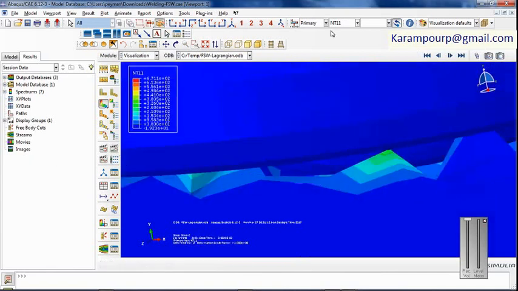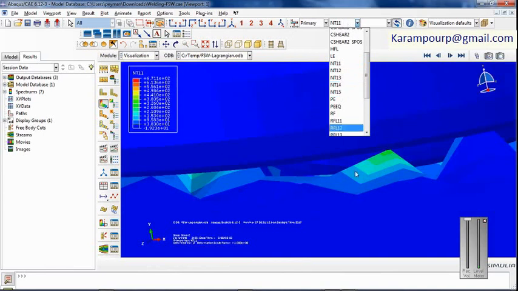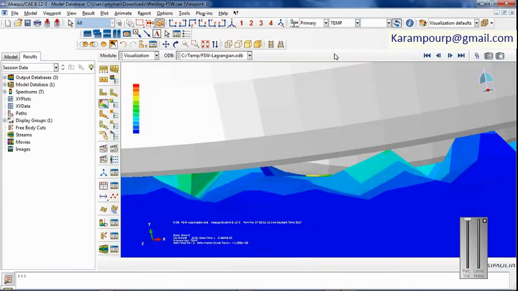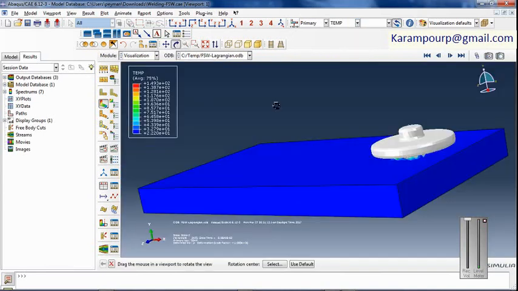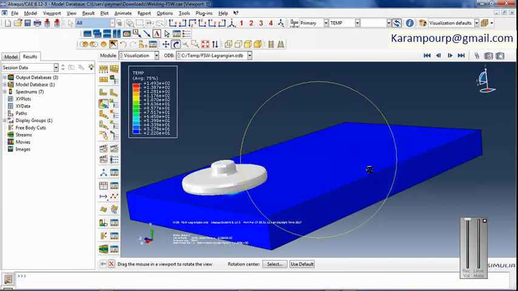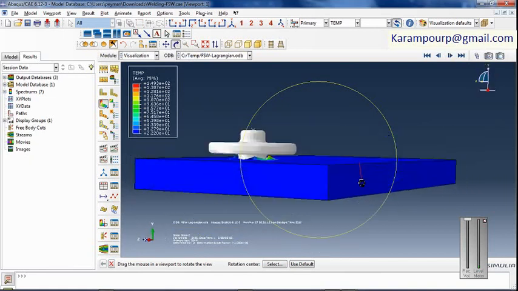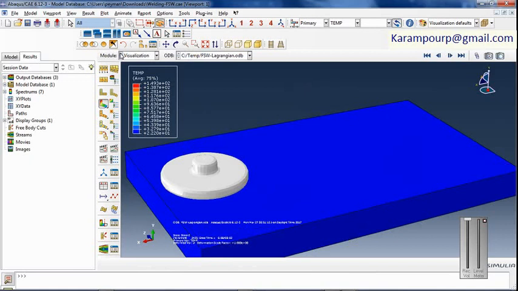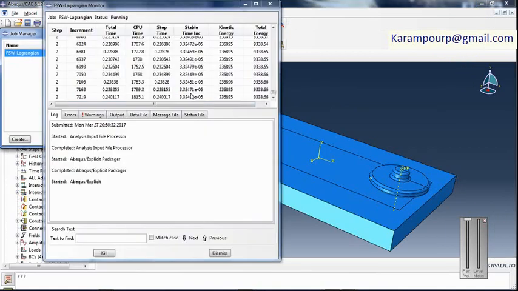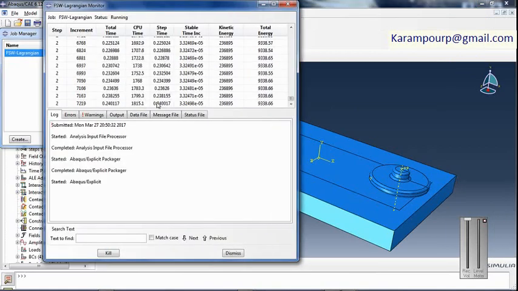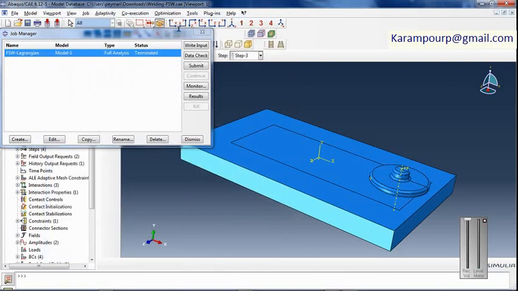Okay, this is a procedure of friction welding, but you need more time. You need a big computer for running this. My computer is weak, and this simulation caused my computer to be destroyed, so I killed it. You need to